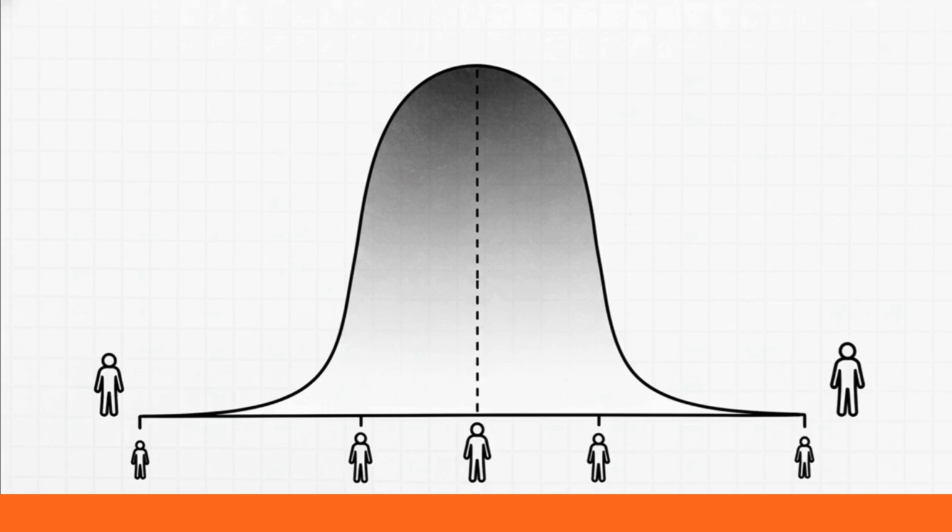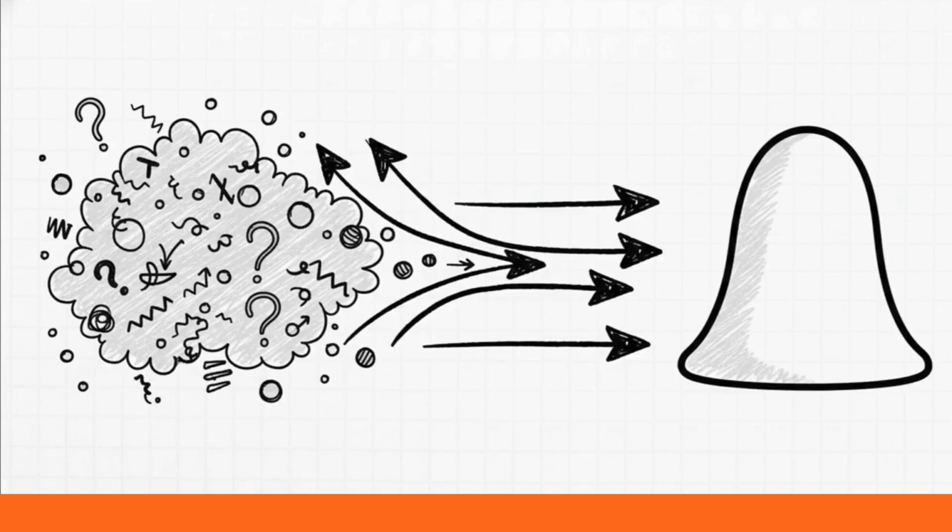Things like adult heights, blood pressure, measurement errors, even test scores, they all tend to follow this classic pattern. It's so common that it has its own famous nickname, the bell curve. Its shape has become a true icon of statistics, and it's a powerful reminder that so many seemingly random processes in our world actually follow a very predictable and, frankly, elegant pattern.